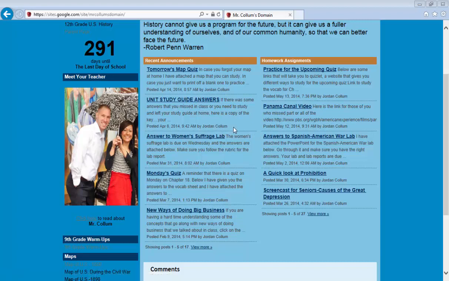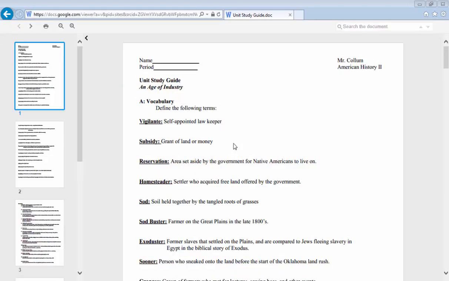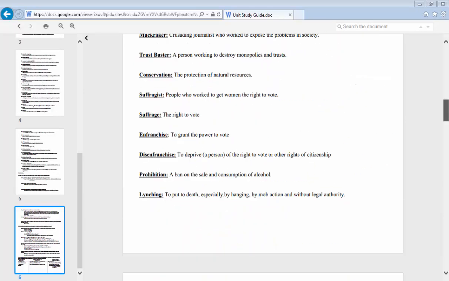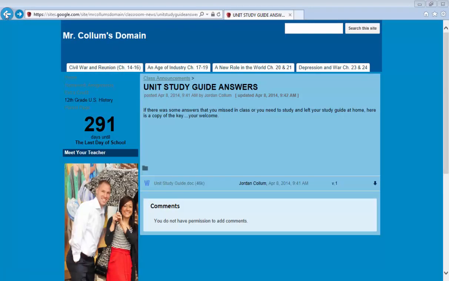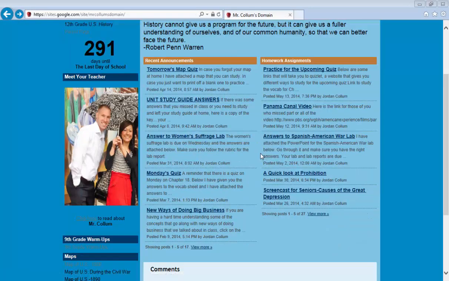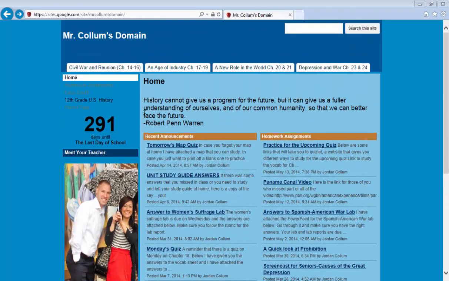So let's say you have a unit study guide. I might break it up in 2 or 3 days. Well, that last day that you have to do it, I might throw some of the answers to the study guide on there. So if you don't have it finished, you can come on here, click on it, and I will throw an answer key on there for you. Okay, you can see this is the answer key. So, not saying I'll do that very much or all the time, but I like to throw it in there now and then just to see how many people are actually getting on each and every day, not just when I put homework assignments on there. So, two very, very important things.